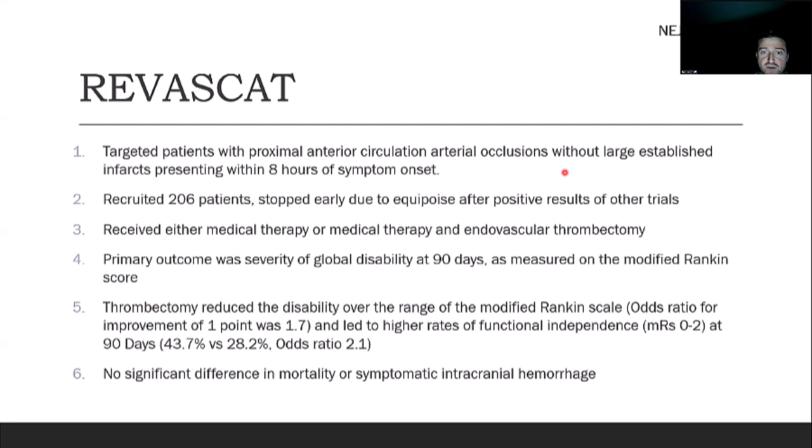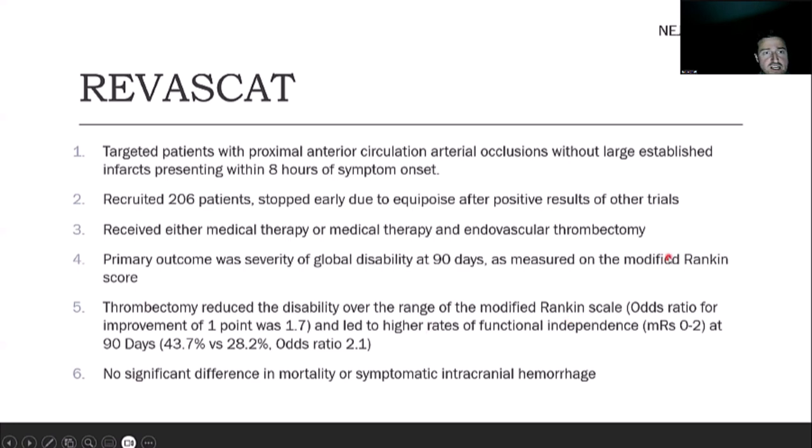They were stopped early due to equipoise after the positive results. They received either medical therapy or medical therapy and thrombectomy. Their primary outcome was severity of global disability at 90 days on the modified Rankin score. And again, they showed significant improvement with functional independence in 43% versus 28% in the control arm. And again, no significant difference in mortality